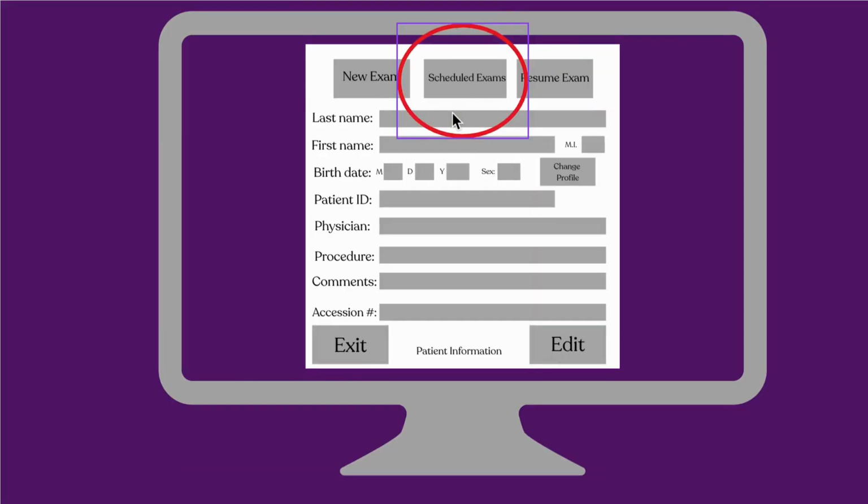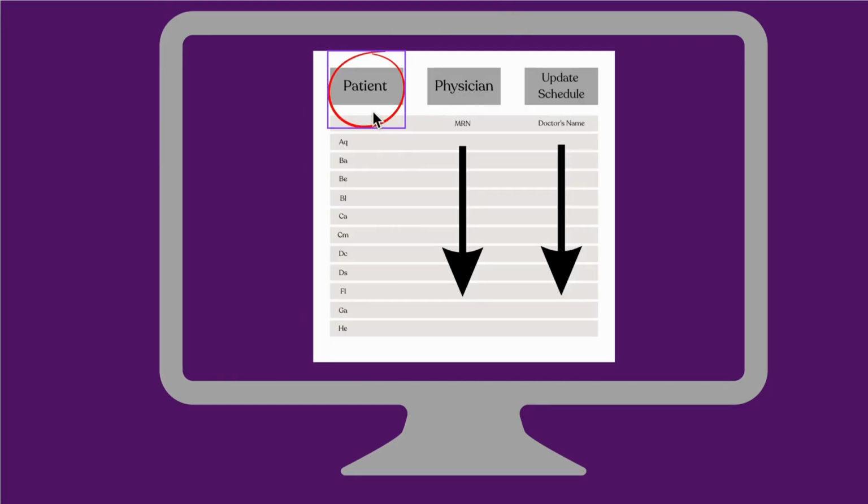If you want to pull up the patient's name from a scheduled work list, you will hit the Scheduled Exams tab. Then you'll have the option to either pull up the patient's information either by the patient's last name or by the physician. If you click on the Patient tab, this will put all of the patient's names in alphabetical order by their last name with their MRN in this column and the doctor's name in this column in random